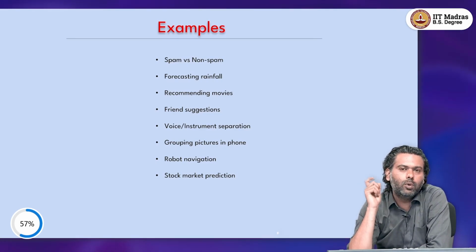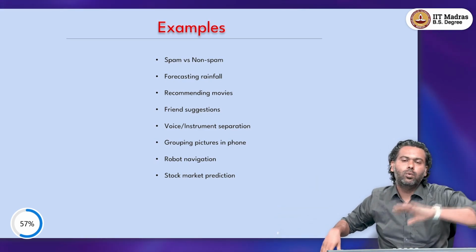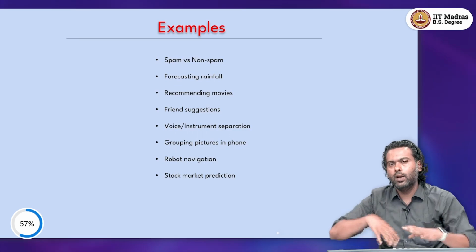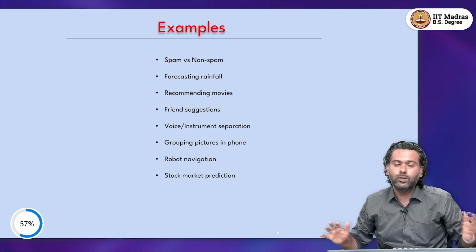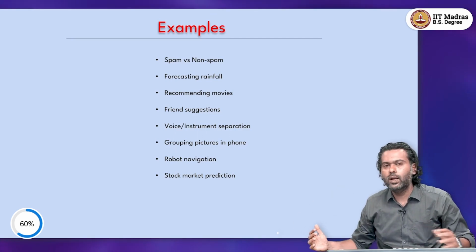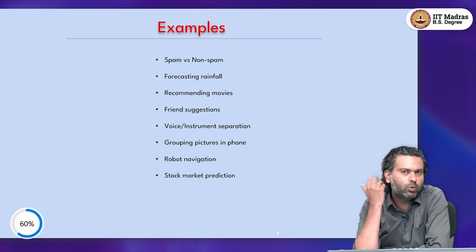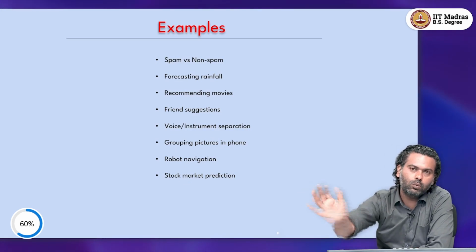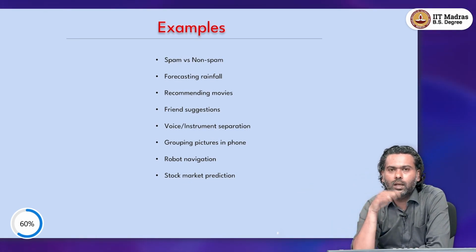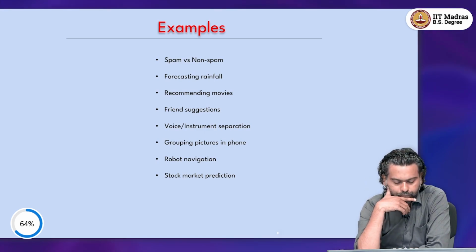Last two examples, robot navigation. Let's say you place a robot at one end of a room, and then the robot has to go to the other end of the room, and there are lots of obstacles. The robot is not told anything about the layout of the room. The robot has to start at one end and make certain moves, and some moves might be good, some moves might be bad. It might go bang against a wall, in which case it has to recoup and do a different move and somehow reach the other end of the room. What type of learning would this be?